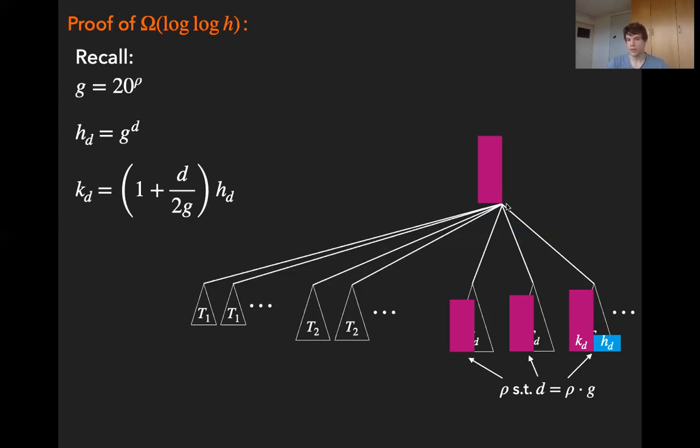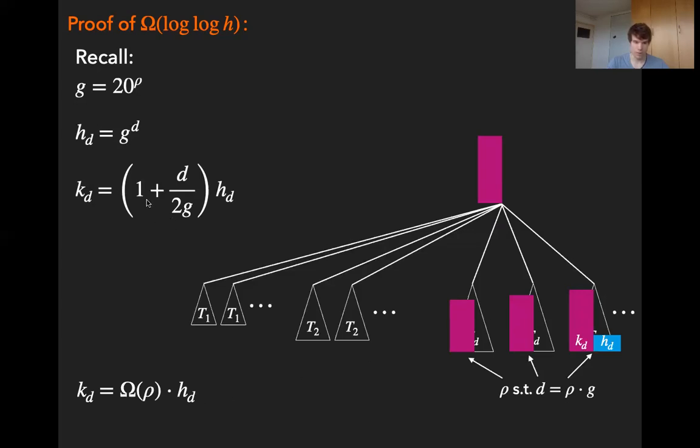The only thing that does matter here is that each time we select a new subtree, there must be KD online servers that travel along this top edge. And there are only HD offline servers that travel along this edge. So therefore, the cost ratio between online cost and offline cost at the top is KD over HD, roughly.